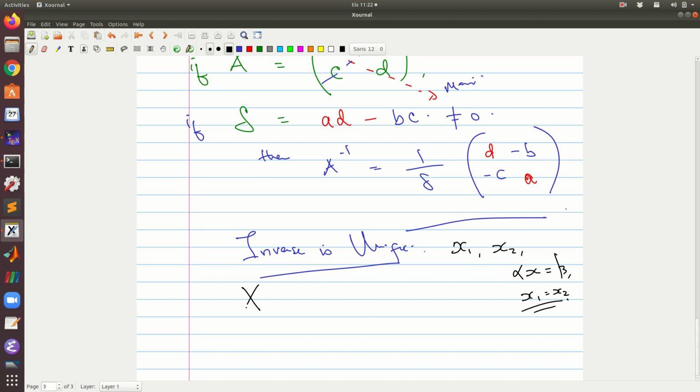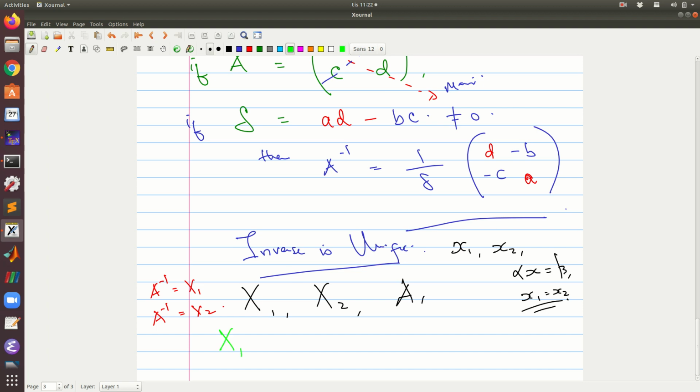In the same fashion, if x1 and x2 are both inverses of a non-singular matrix A, i.e. A inverse equals x1 and also A inverse equals x2, then we can write